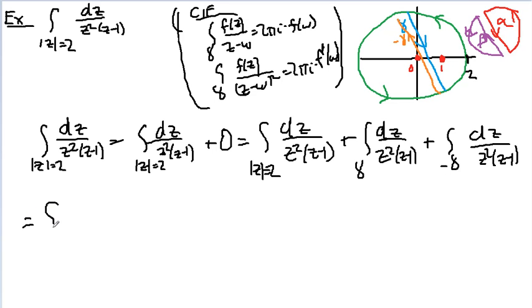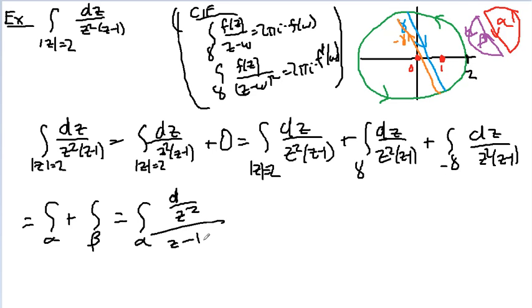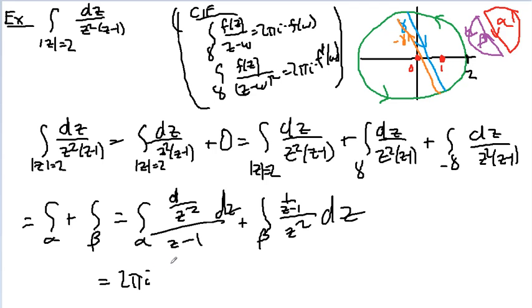So this equals the integral over alpha plus the integral over beta, which I can write, alpha only has one bad point inside of it, and that's 1. So I can rewrite this as the integral of (1 over z squared) over (z minus 1) dz, plus the integral over beta, which is 1 over (z minus 1) over z squared, because the only bad point is 0. Now I can just use Cauchy integral formulas. 2 pi i times,